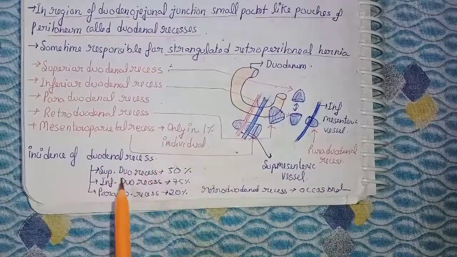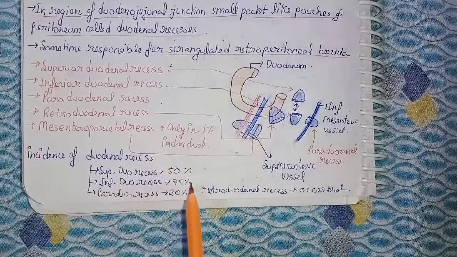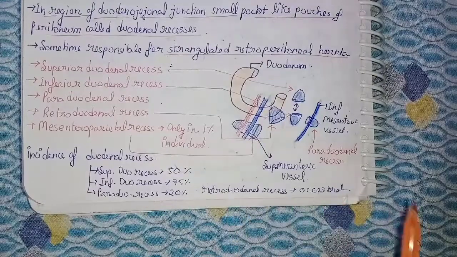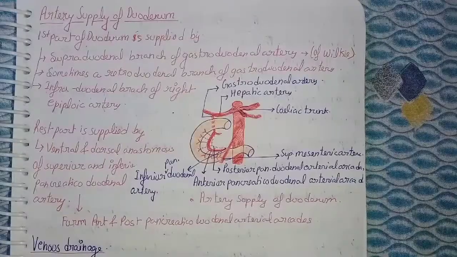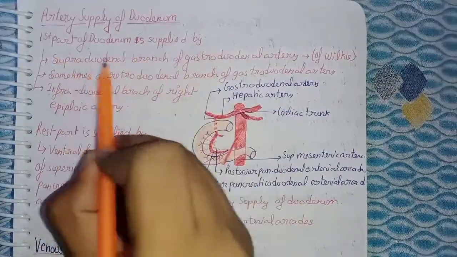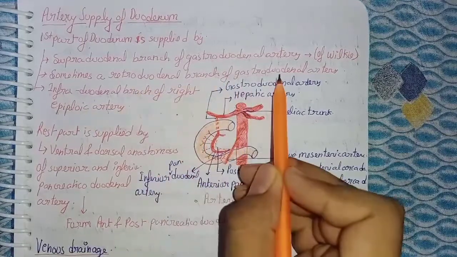Incidence of duodenal recesses: superior duodenal recess about 50%, inferior duodenal recess about 75%, and paraduodenal recess about 20%. Retroduodenal recess occurs occasionally. Now we will talk about the arterial supply of the duodenum. The first part of the duodenum is supplied by the supraduodenal branch of the gastroduodenal artery, sometimes a retroduodenal branch of the gastroduodenal artery,